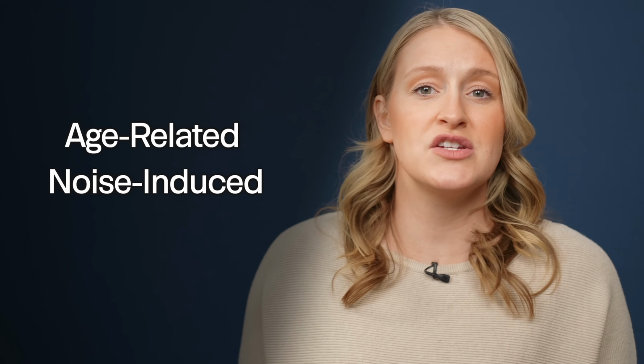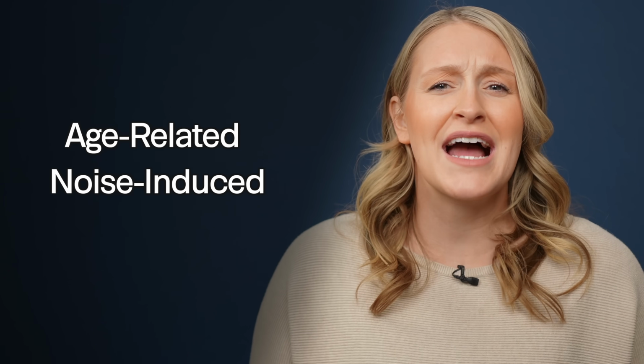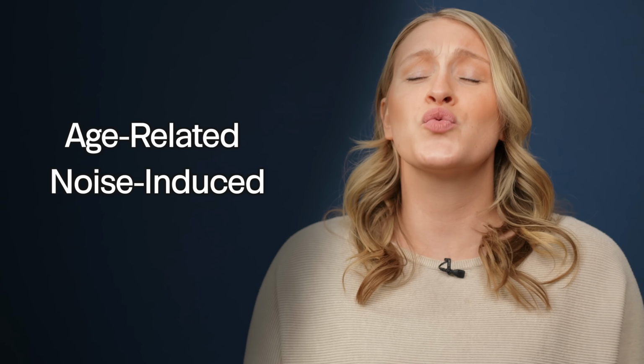Background noise can be really, really tricky when you have hearing loss. This is because the most common types of hearing loss, like age-related hearing loss and noise-induced hearing loss, impact high-pitched speech sounds that are critical for speech comprehension. And in a noisy environment, these high-pitched speech sounds are the only way to separate out speech from background noise. If you can't hear these sounds above the surrounding noise, it all just starts to kind of blend together. And this might make you want to get your dinner boxed up and head home where you actually stand a